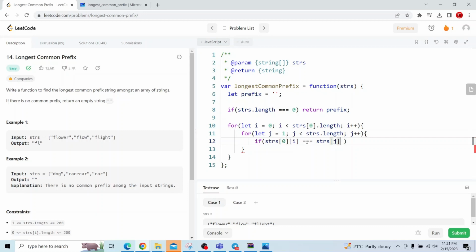Okay, the second item. The second item, strs of j in this case, j is 1, that means the second item, and again we will give i, because i is having value 0. In that second item we will also iterate, we will check from the 0th index, and hence it is i. So if it is not equal, in that case what we will do, we will return